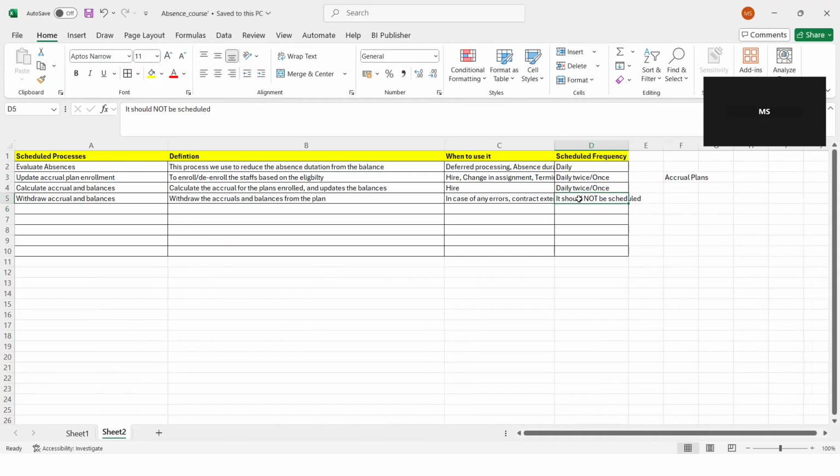Ideally, this process we will not schedule. But why do we still have this as a scheduled process? Because in case there is an error and we have to do it for all the staff, then we need an automatic process, which is why this process is added. And next up, we have